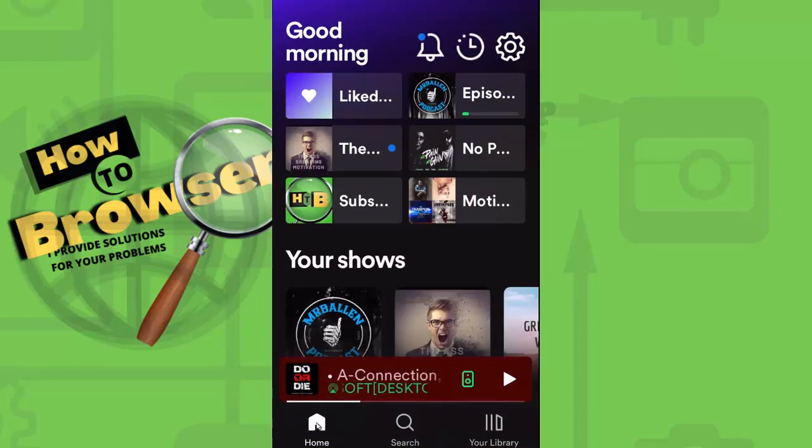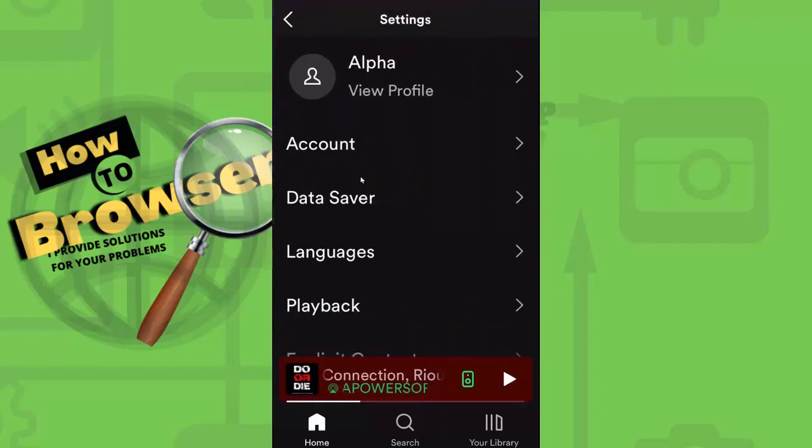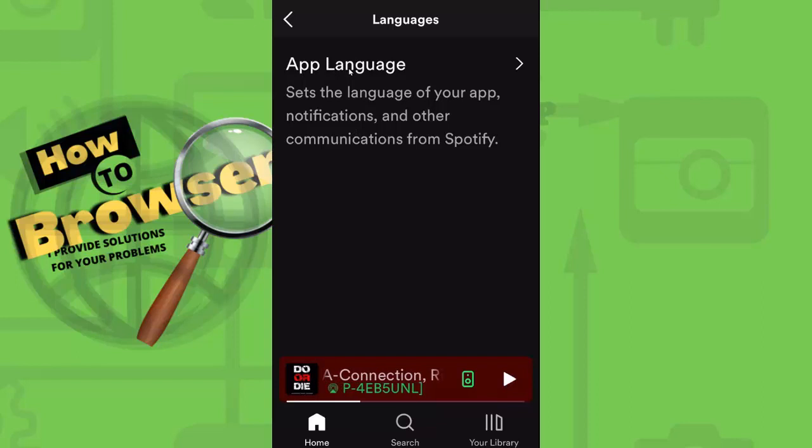and then you need to tap on this icon. As you can see here we have account, data saver, and languages. Now please tap on languages, and please tap on app language. That's one way to change the language on Spotify, from inside settings, tap on app language, and then you can change the language to